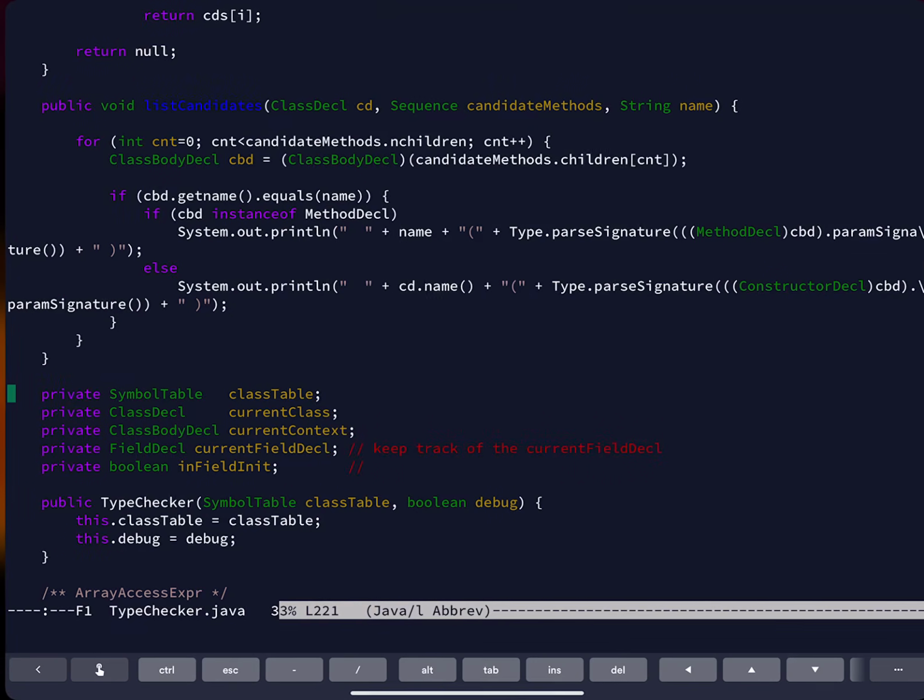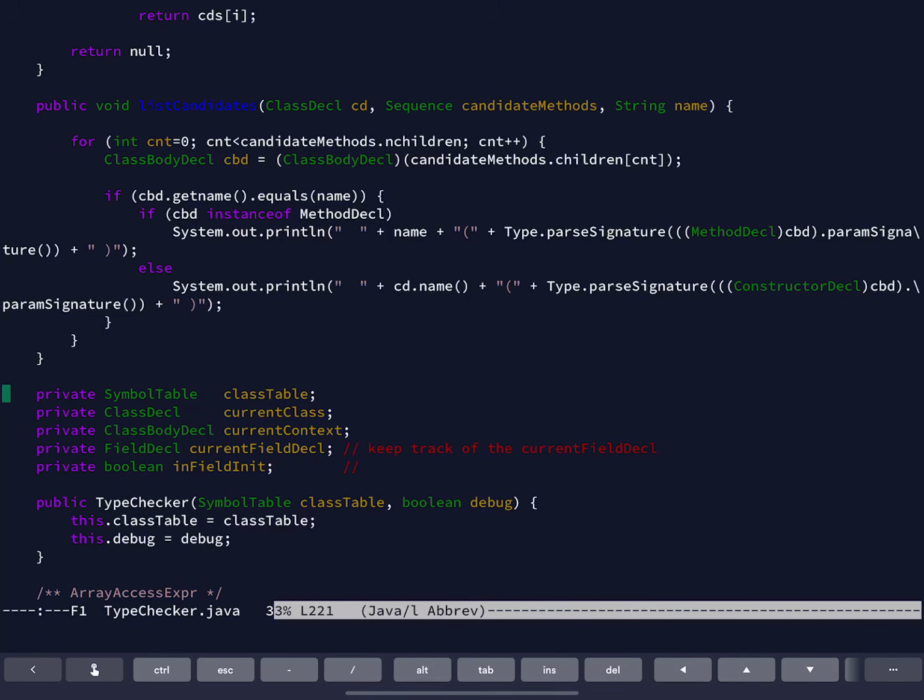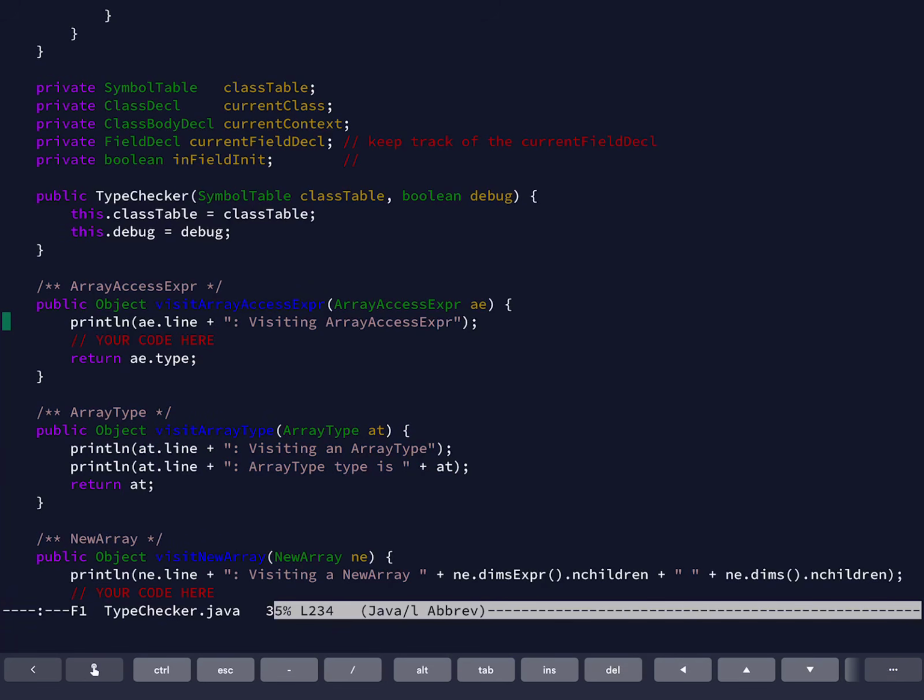All right, let's go back to the code and see. I can't remember what this other stuff is. We'll come back to that. There's a constructor. And then now they come down the file, and I've left all the printing in. So visit array access expression. Well, let's just take that one and think about it, because now